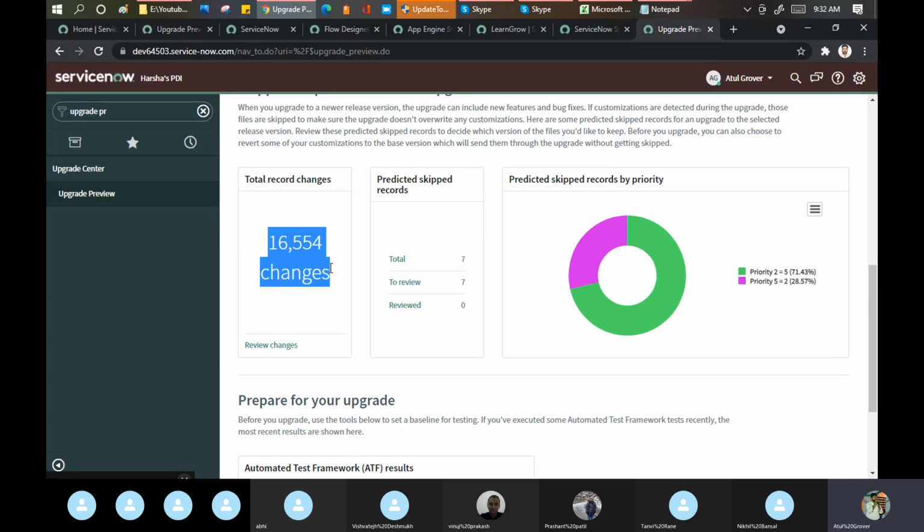It can be a table, it can be logic, it can be text, it can be a field, anything can be there. These are the skip records. 7 and 7 means, okay, I'll tell you one more thing. Skip record means, here, if you see, we have two things, some different color and a different color.